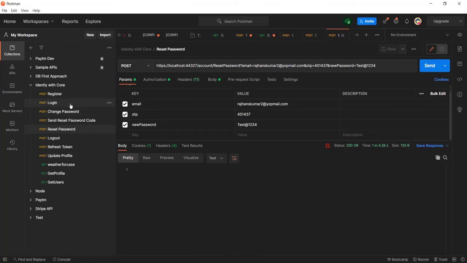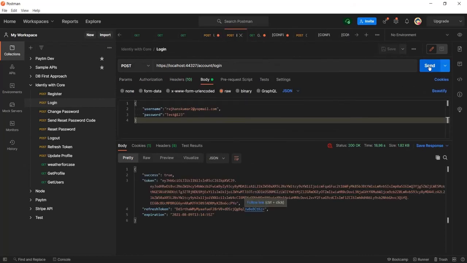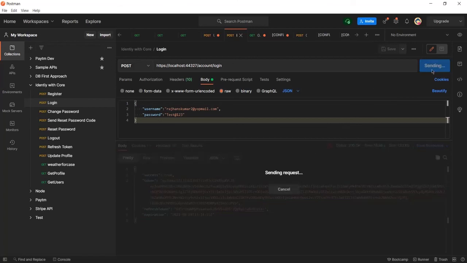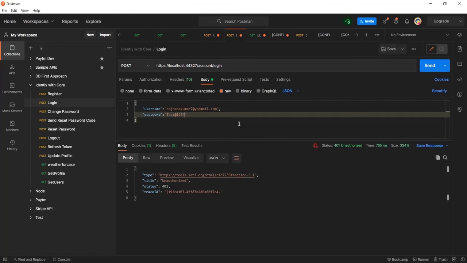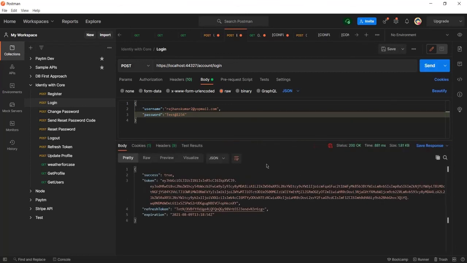Now let me log in using the same credential to check whether the password is changed or not. You can see I am not able to log in. The title is unauthorized, which means I am entering the wrong password. Now let me enter the new password, and you can see I am able to log in.